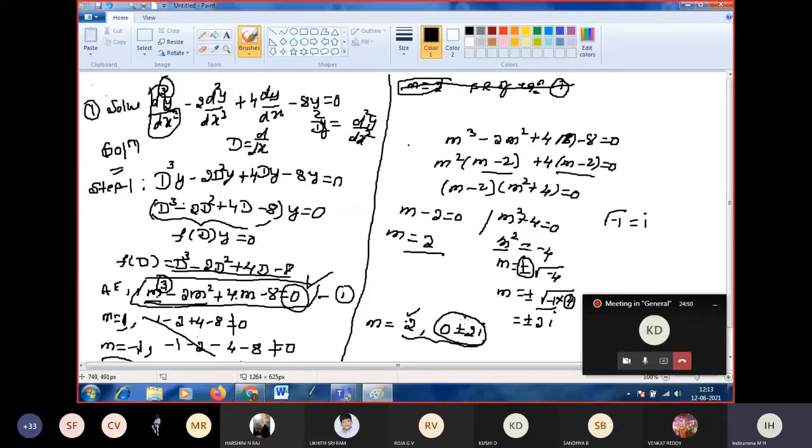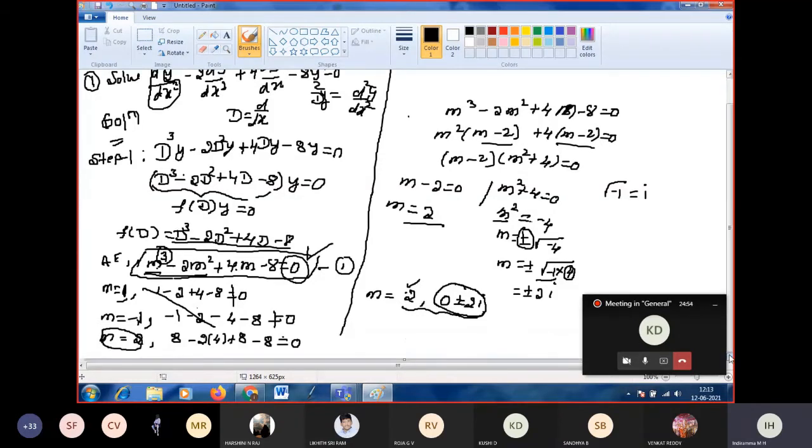Yes, ma'am. Now see here, it's very important. After finding the roots, we have to find yc. To find yc, we have to see all 3 cases that we explained yesterday. Since we have only one real root, for that we can write C1 e power 2x plus a linear combination of the solutions. Now write the solution for this. Since it is a complex root, we have to use case 3.